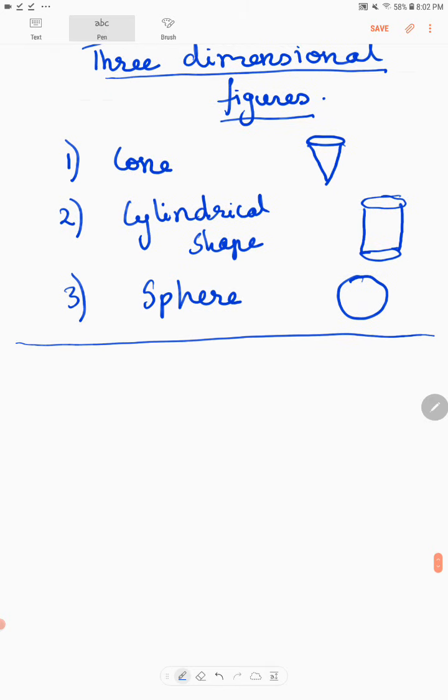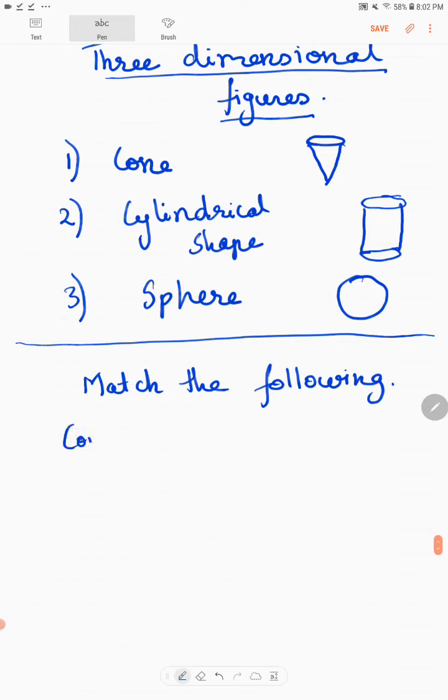So now let's do some exercise. Now we can do match the following. Okay. Cone, cylinder and sphere.